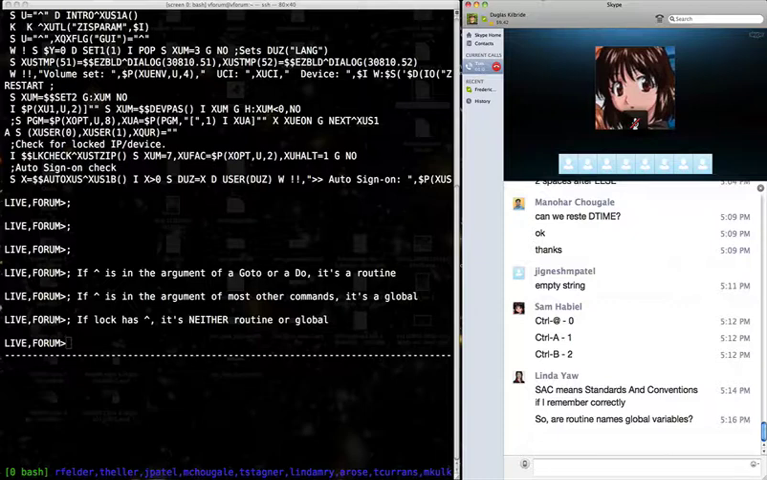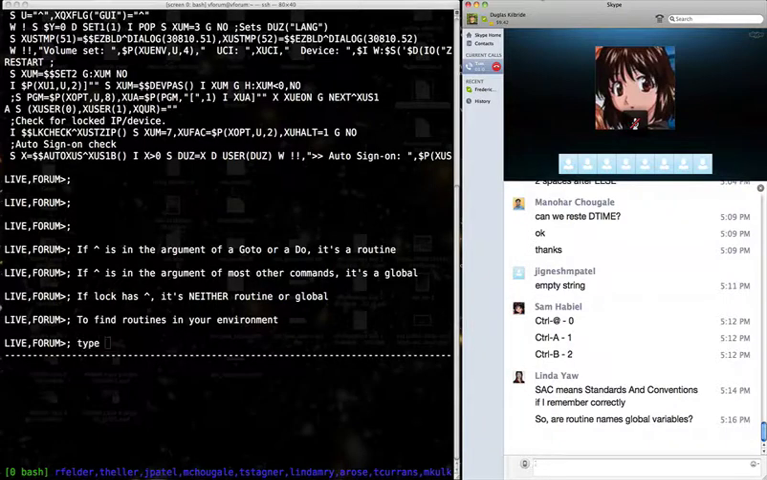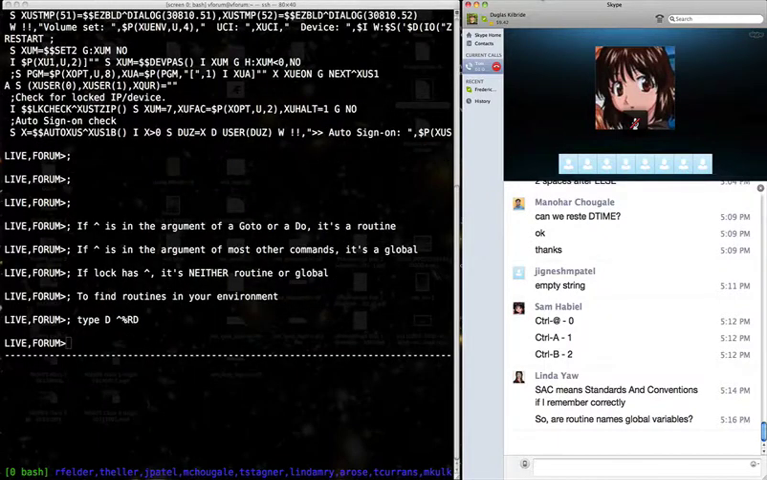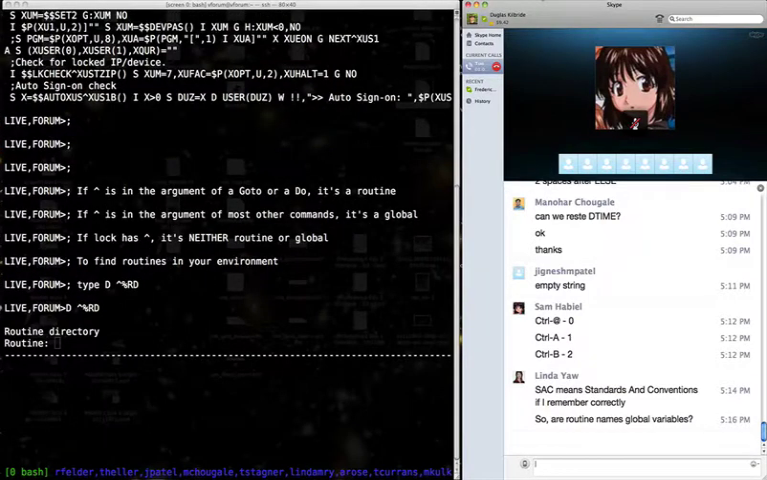Linda asked, how do you find a routine in VPE? GTM has a utility and Cache has the same utility. It's called upcaret%RD. So to find routines in your environment, type do upcaret%RD. So I'm just gonna give you a little example. So I'm gonna tell it anything that starts with anything, you could type star and it's gonna give you